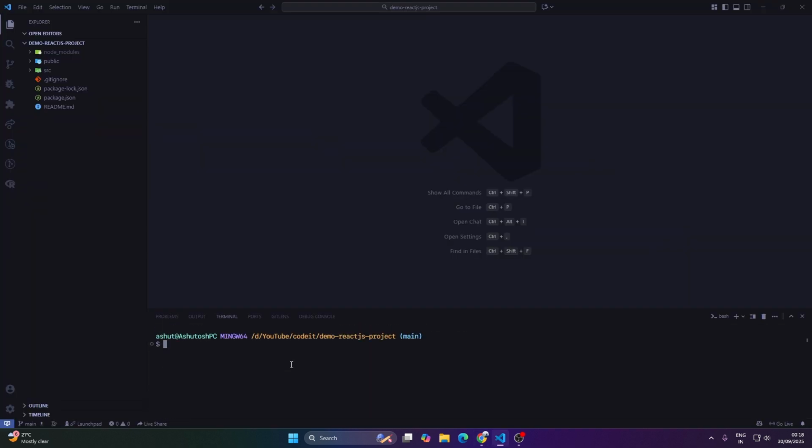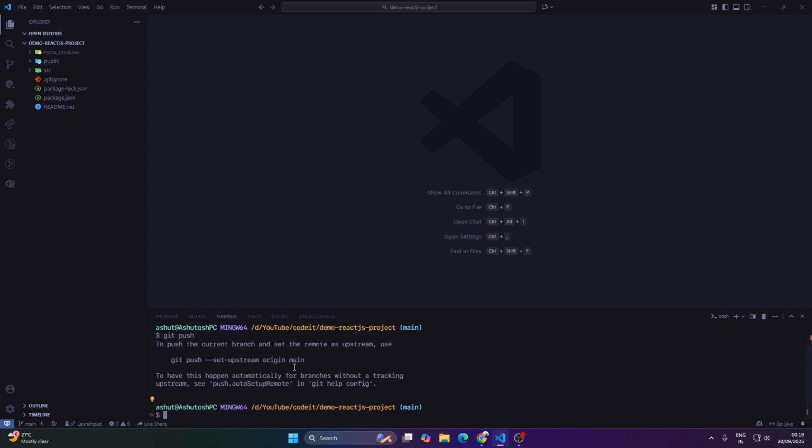Wait, git remote add origin, yeah, and then we'll type in git push, and when this error comes or this